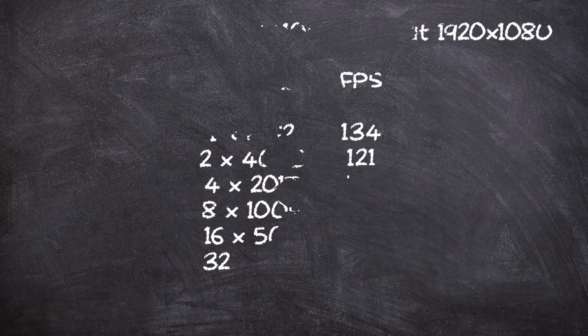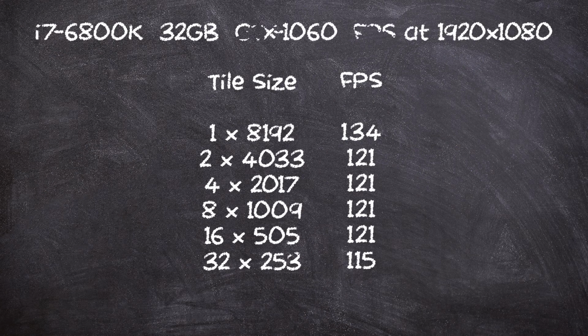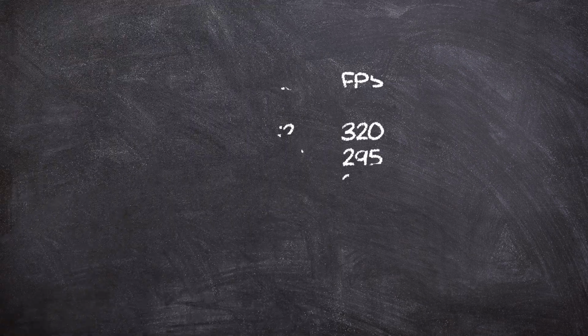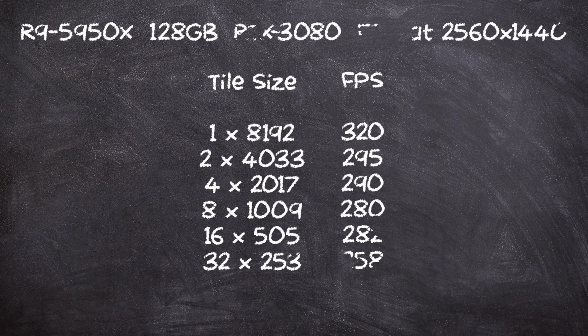On the i7-6800K 32 gigabyte memory GTX 1060 video system, the FPS results at 1920 by 1080 were, and on the R9-5950X 128 gigabyte memory RTX 3080 video system, the FPS results at 2560 by 1440 were